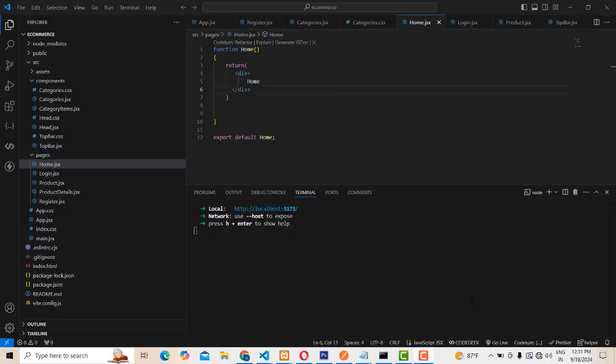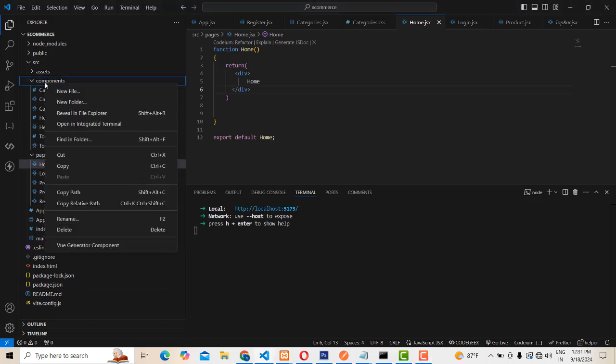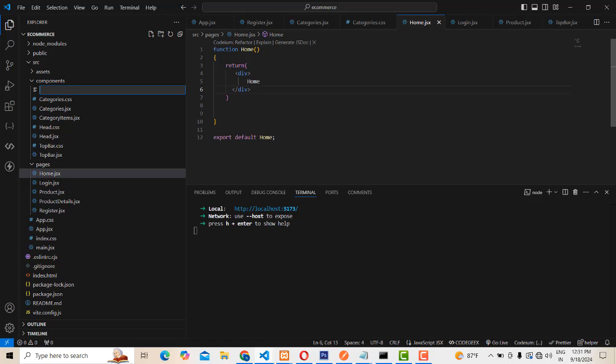In our last class, we completed up to the pages section. Let me continue the tutorial. Now I'm going to make the banner part. So I'm going to go to the component folder, and I'm going to create the banner